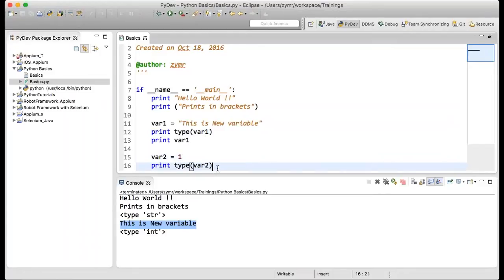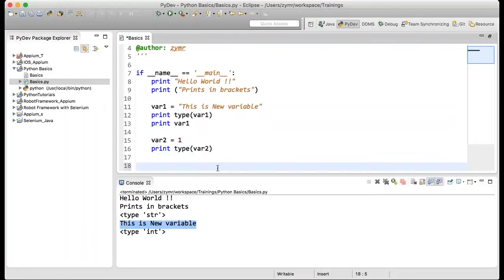Now for example, there is var1 and var2 as two different types of variables. We can also do some calculations, like additions and subtractions, the simple computations with the variables.